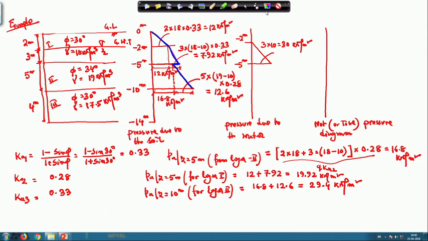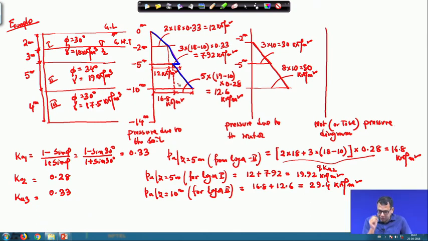Up to this, similarly, the water table pressure due to the water will also increase. So, this value is 30 plus the additional one for the 5, so this is 8 into 10, that will be 80 kilonewton per meter square at this point. So, we have drawn up to the 10 meter. Now, we will draw for the third layer or the last layer.